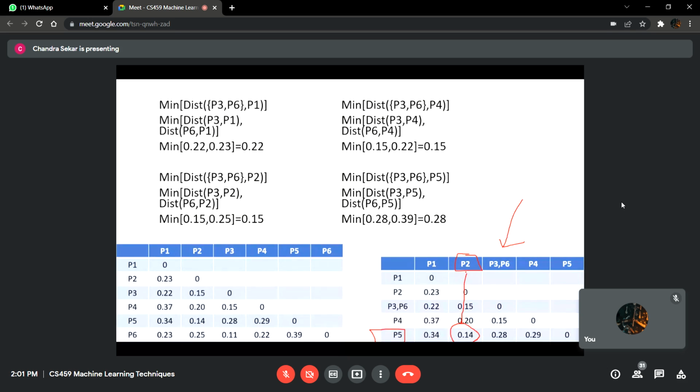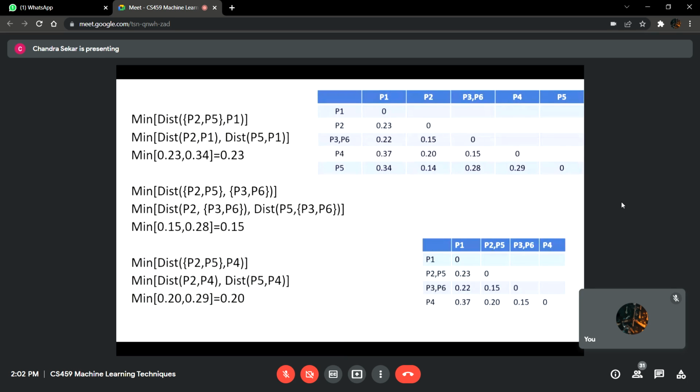So the data points in the column as well as the same row will be chosen for merging. So P2 and P5 will now be merged. Now there will be only P1, P2 comma P5, P3 comma P6 and P4. So this row will be removed and instead it will be merged here. And similarly, this row will also be removed and it will be merged here. So after making this merging, what we'll be getting is this type of